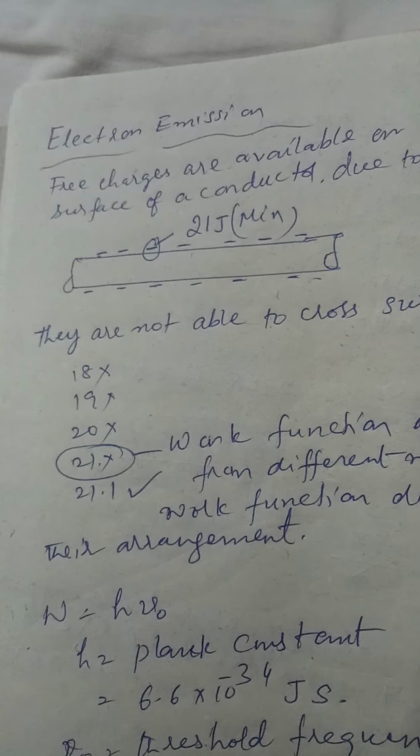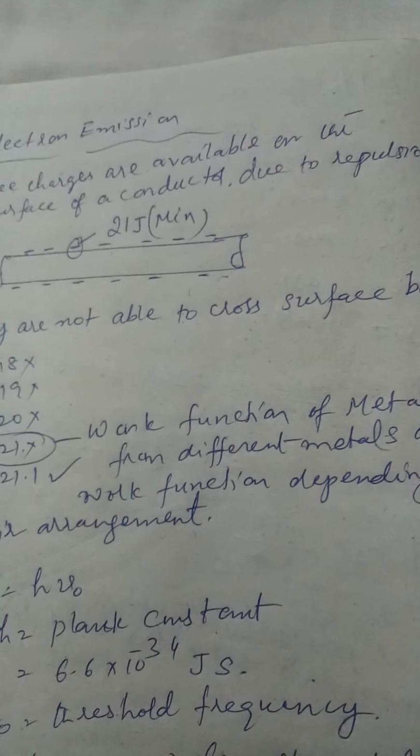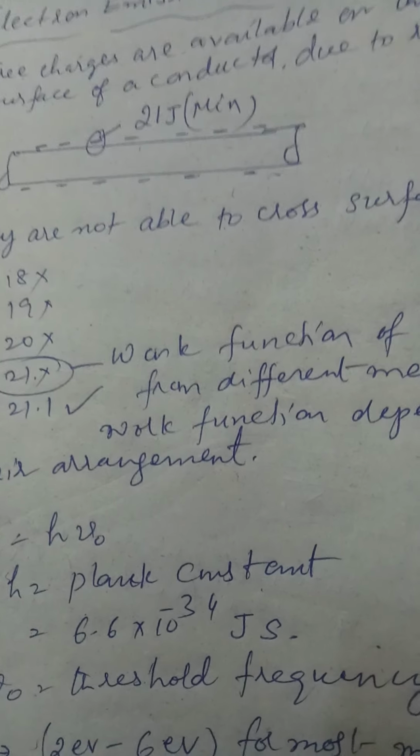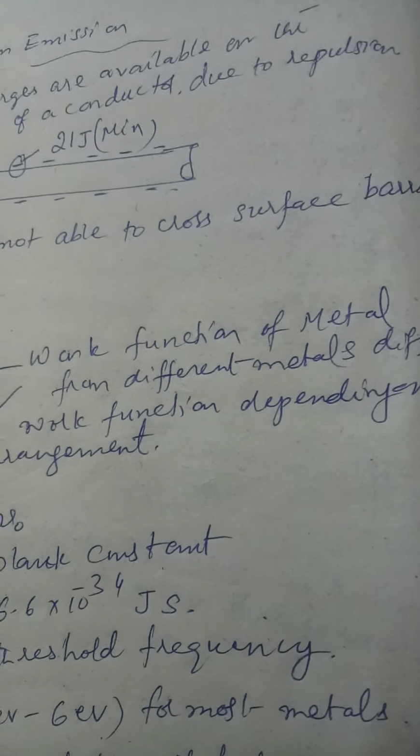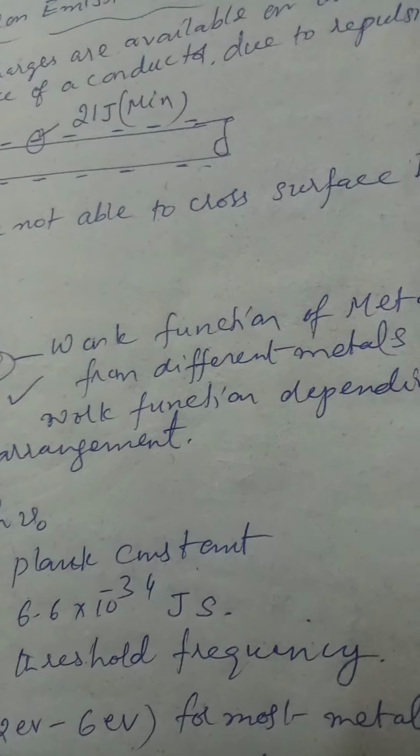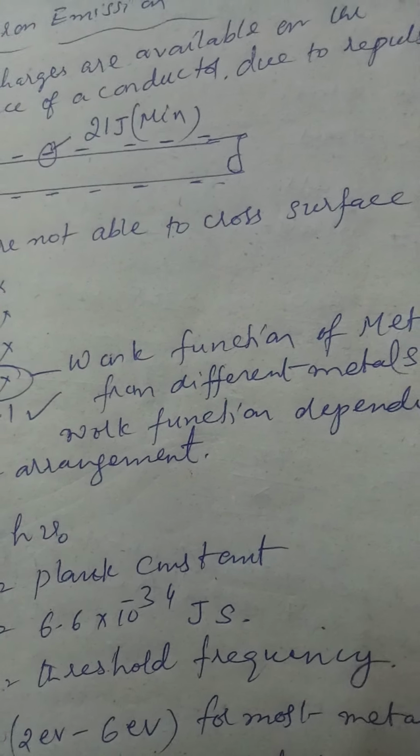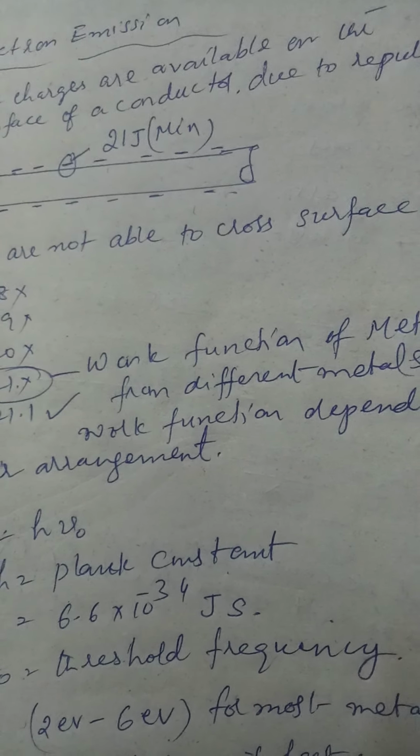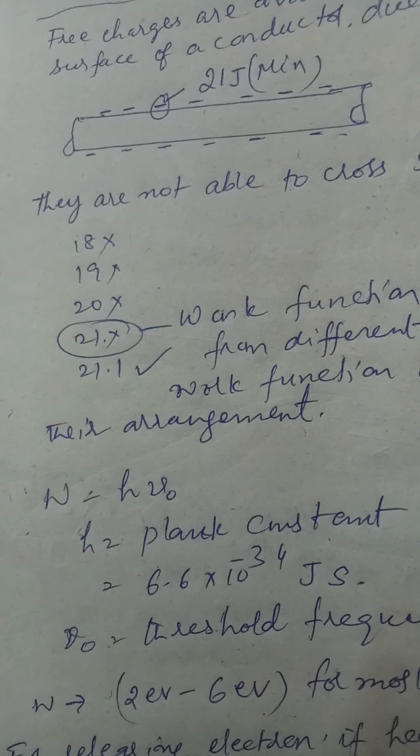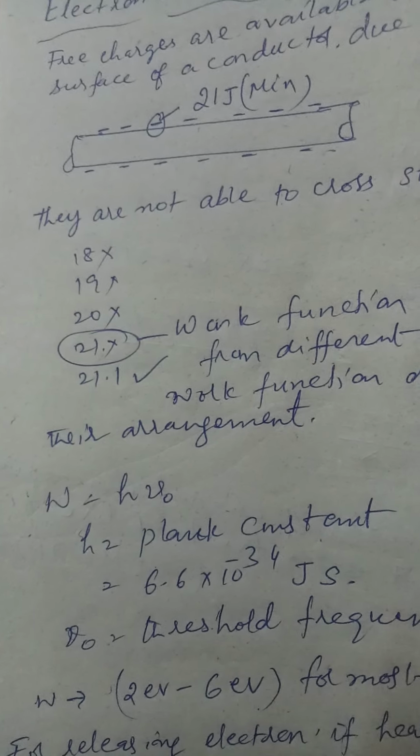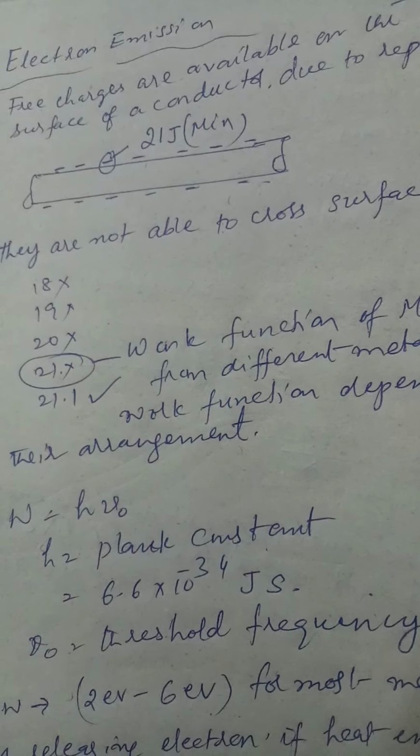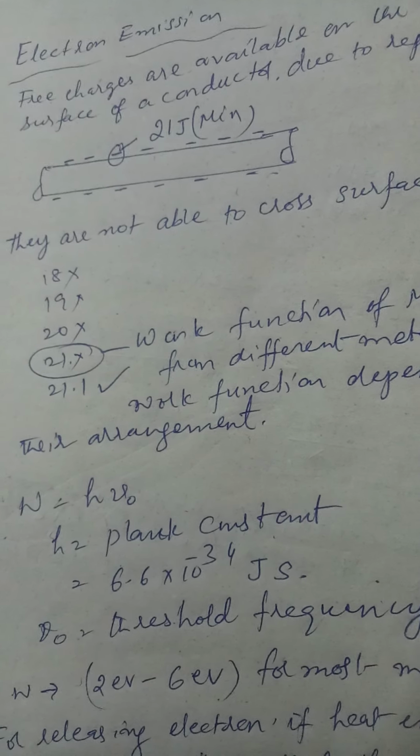Now this 21 joules in this example is defined as the work function of that particular metal. Work function of a metal is defined as the minimum amount of energy required for these electrons to cross the surface barrier, which is the metal. It is given by this expression W is equal to h nu naught, where h is the Planck's constant. Its value is 6.6 into 10 to the power of minus 34 joule seconds,